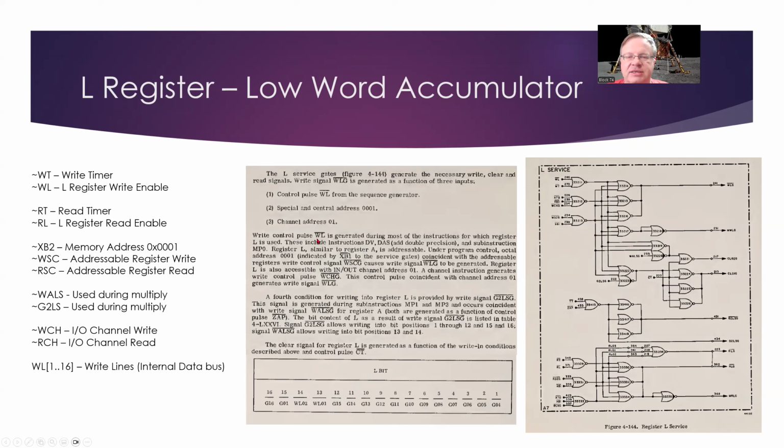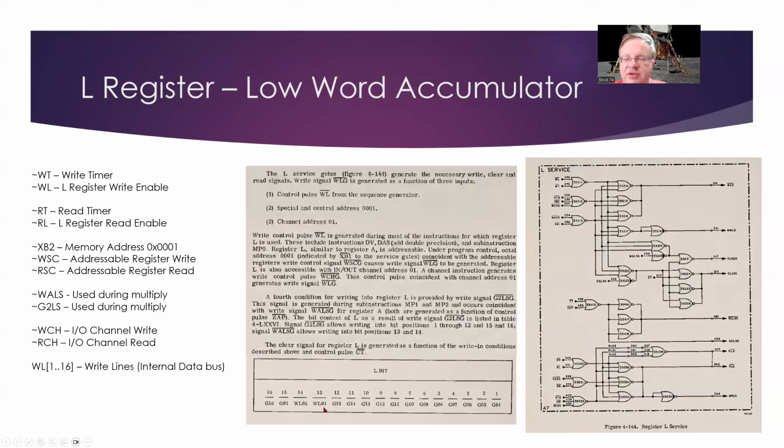Now, there's another scenario around what data can be written into the L register, and this is used during multiply. It's the counterpart to the WALS control pulse that we talked about when we went through the A register. Its counterpart, the G2LS control pulse, writes a shifted version of data into the L register. When we talked about the A register, basically all the write lines are shifted